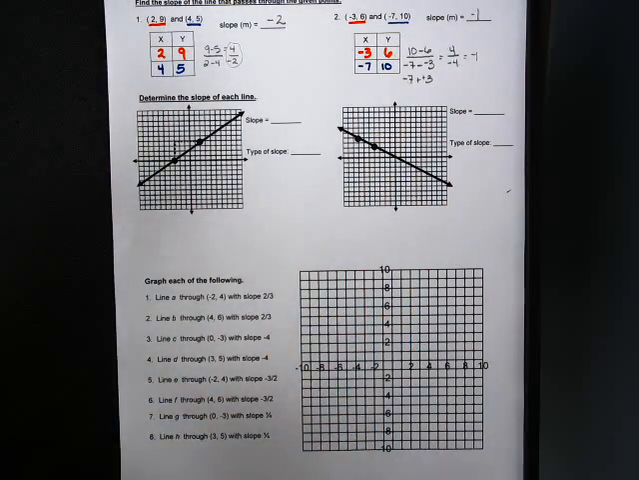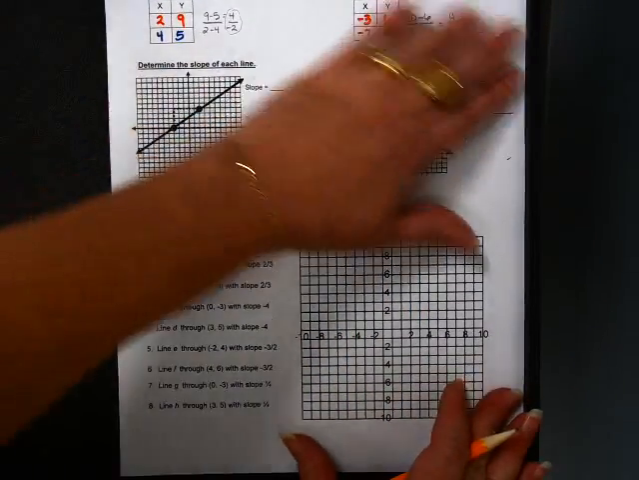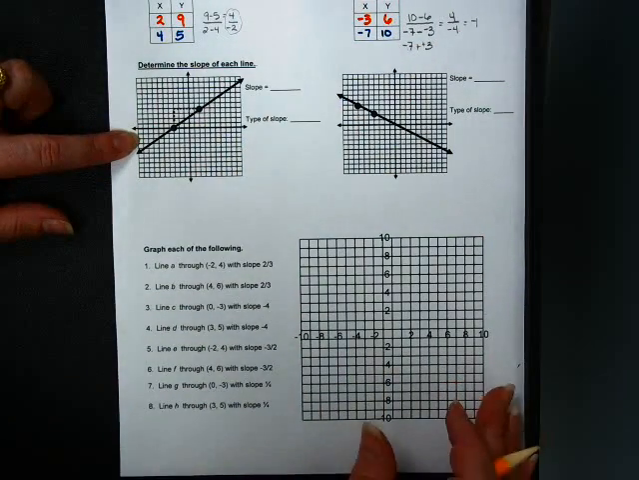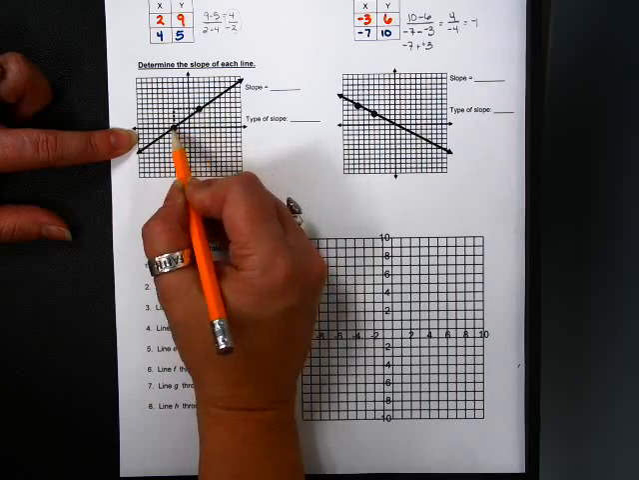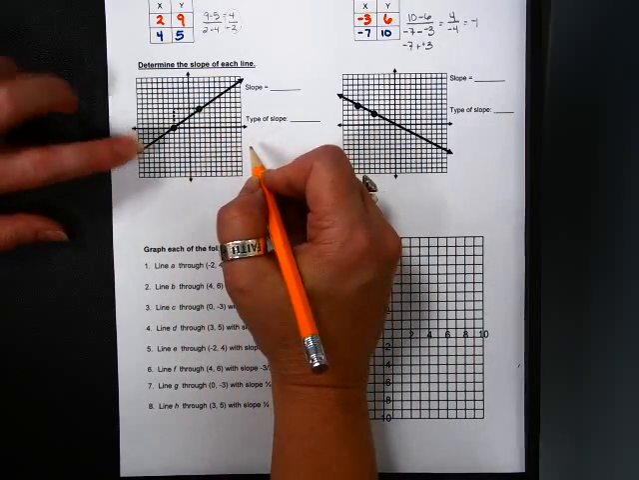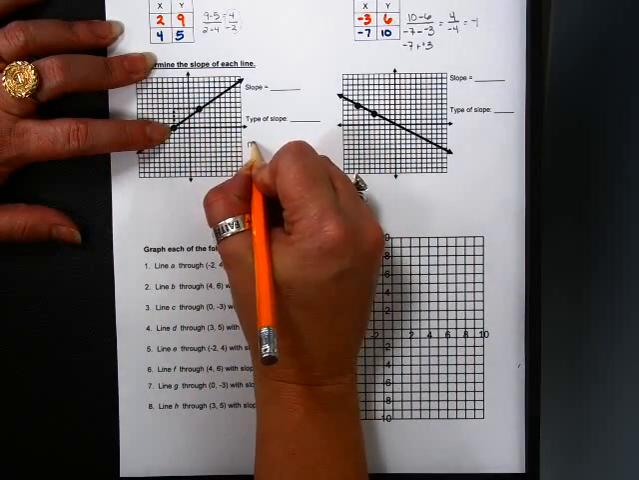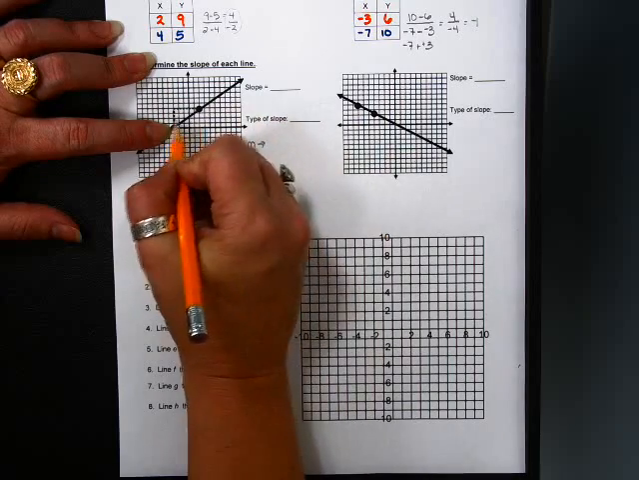You're also going to be given pictures, diagrams, where you're going to have to determine the slope. And all you want to do is identify 2 points and then find the movement between these 2 points. The movement between point A and B